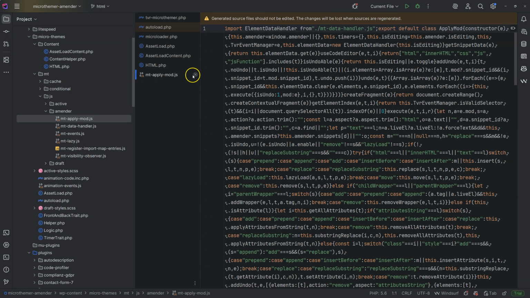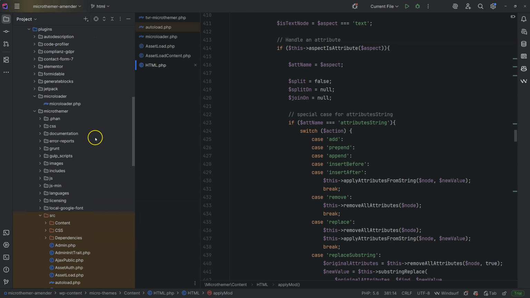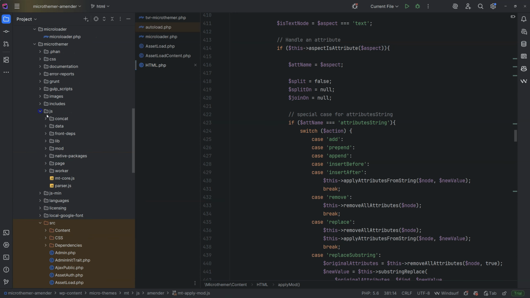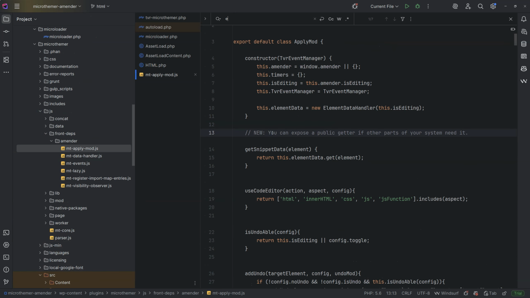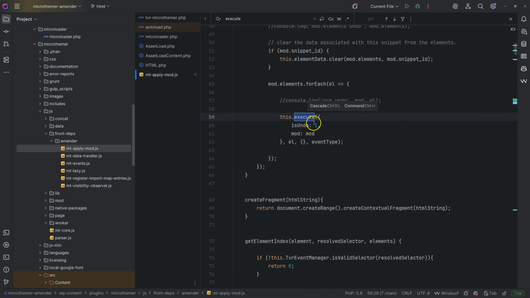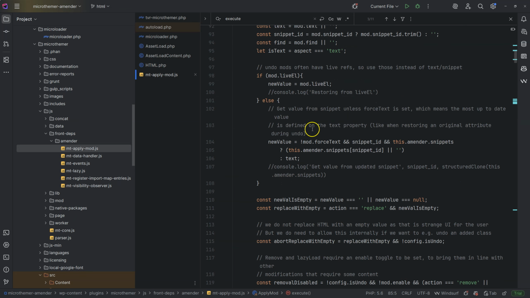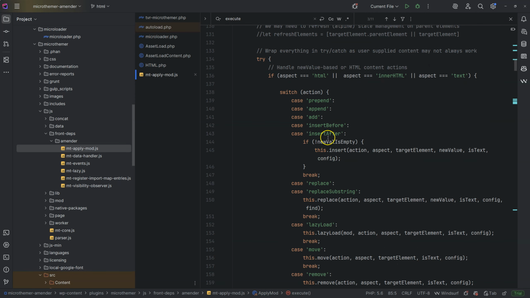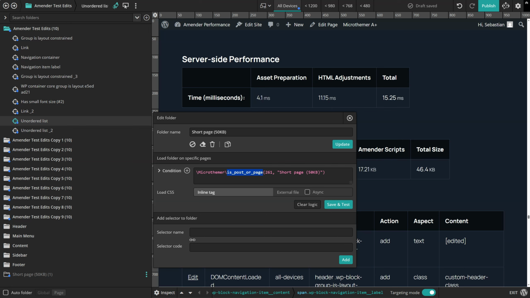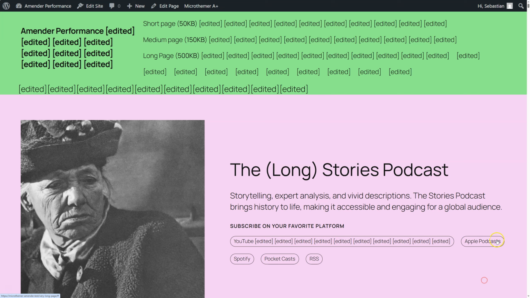This apply mod function, this is the minified version, but if we look down here and jump to the execute function, we basically get a very similar looking thing where we set some variables and then run whatever action we need to do. So if we now go to the website front end,